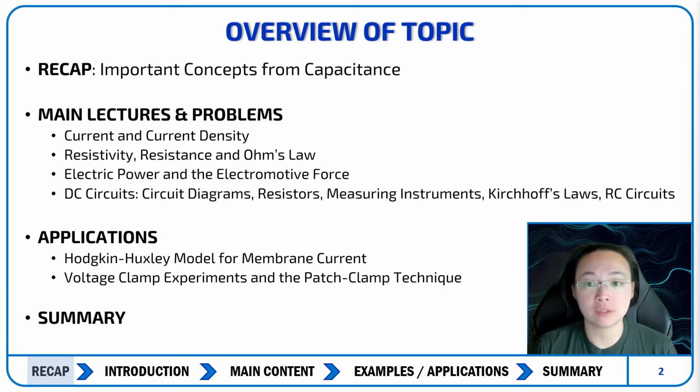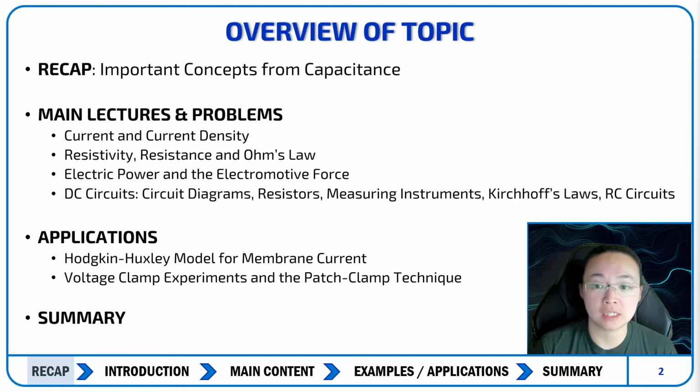The first thing I want to do is go through a recap from the previous chapter, which is capacitance. And because this chapter builds directly upon that chapter, we're then going to move on to current density, then talk about another component within circuits called resistors, talk about resistivity and Ohm's law. Afterwards, once we know about capacitance and resistors, we can take a look at the electric power and electromotive force